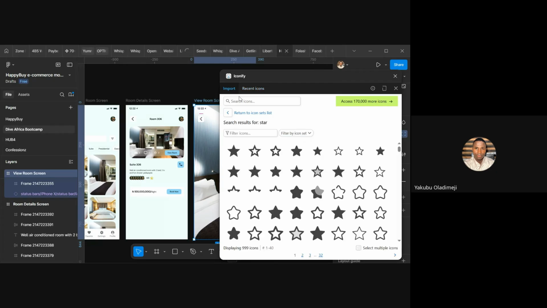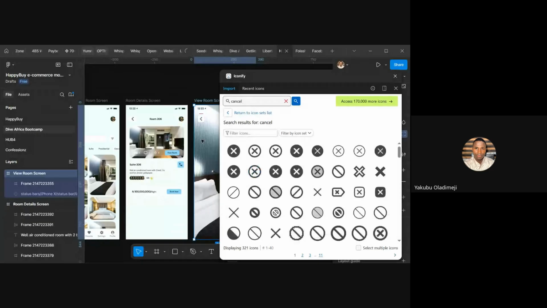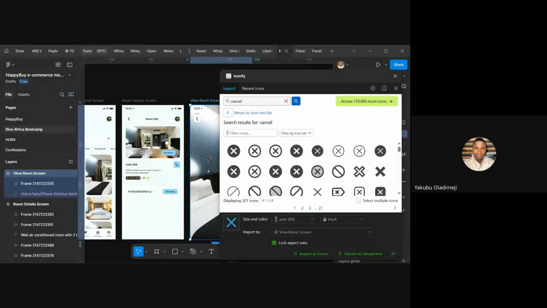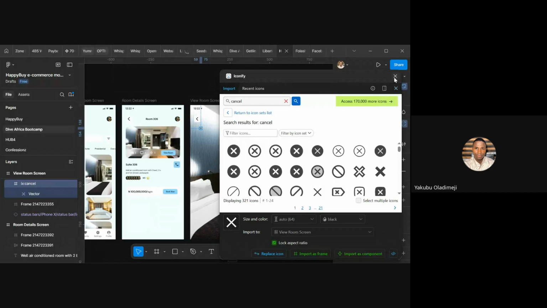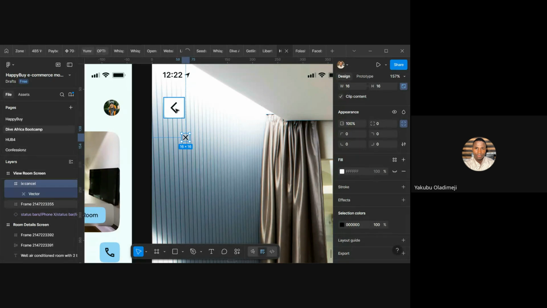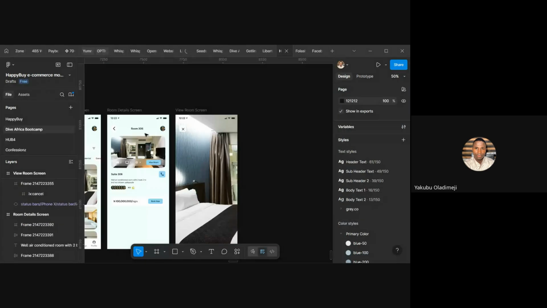Yeah, let's have this. Make it 24. Change the text color to